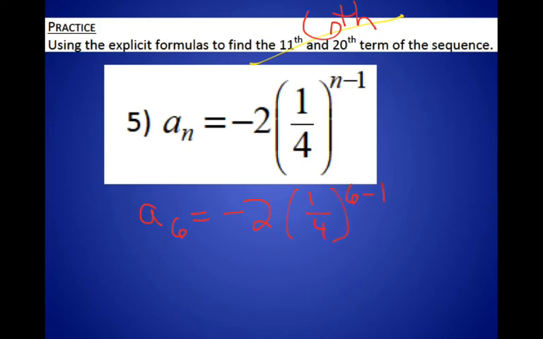So 6 minus 1, and so straight with the calculator. So it's going to be negative 2 times 1/4 raised to the 5th. So negative 2 times, and again that's 1 divided by 4 in parentheses, and then raised to the 5th power,